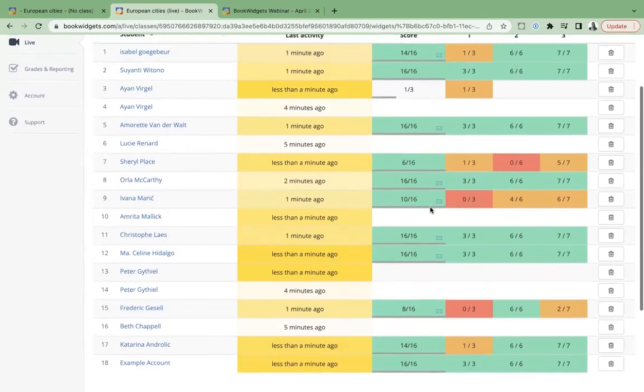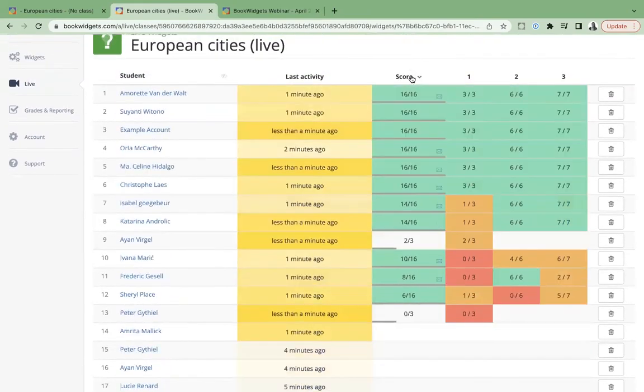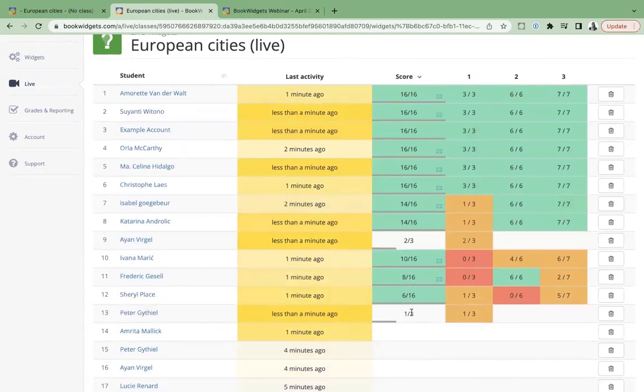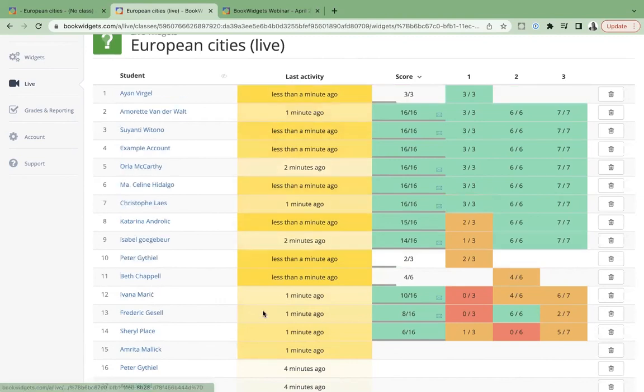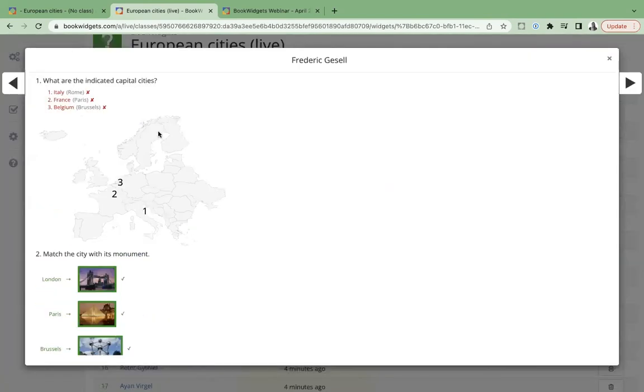Another thing I can do is sort on the score. So I can see here that Ayan is having some troubles. She hasn't started yet, but here Frederick, for example, now it's moving. I have to catch it. Here it is. Frederick,